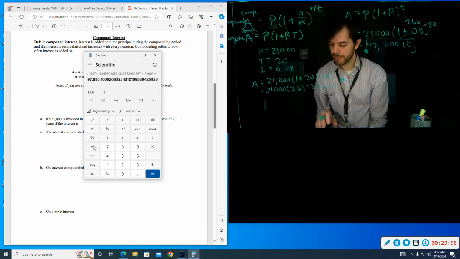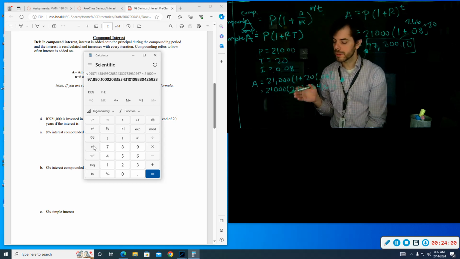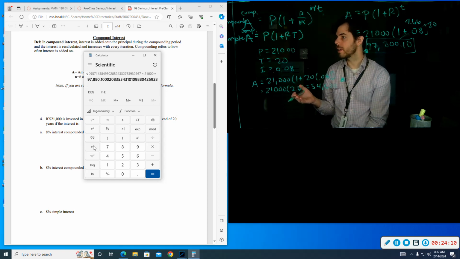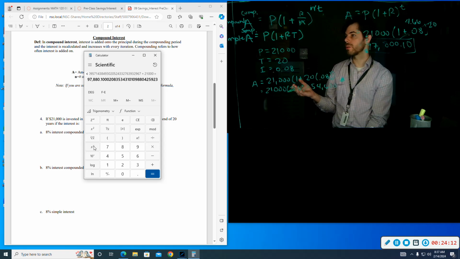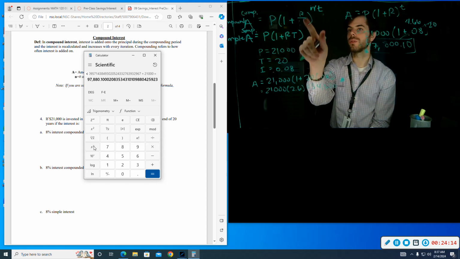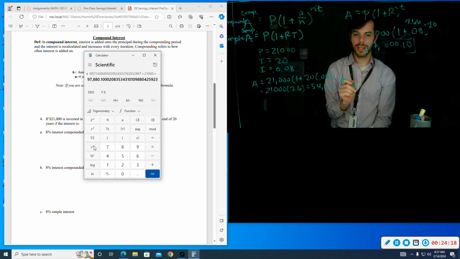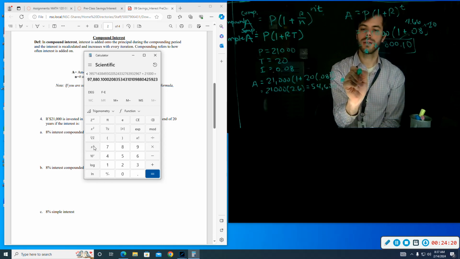Okay. Finally, let's look at 8% interest compounded quarterly. Quarterly means a quarter of a year, right? So a quarter of a year would be every 3 months. So in this case, how many quarters are in a full year? Well, there's 4. So we're going to plug in n equals 4 into our formula. I'm going to get P, I could plug in these numbers: 21,000